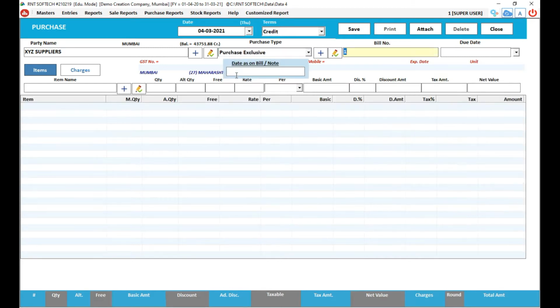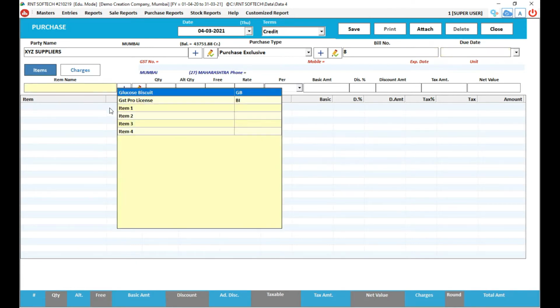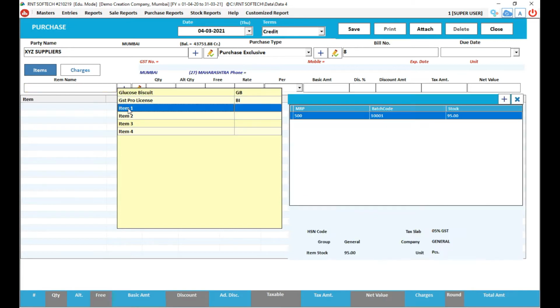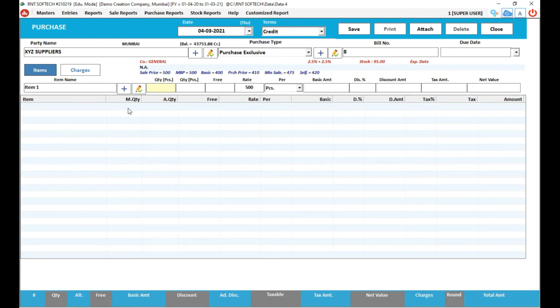So what happens is, here I take the invoice number. Here if you see, when you are adding an item, for example I'm taking item 1, which is the name of the dummy item number 1 I have created. Say I am buying 10 pieces.